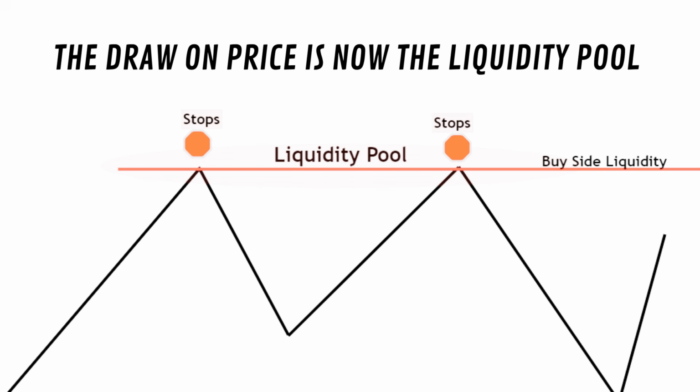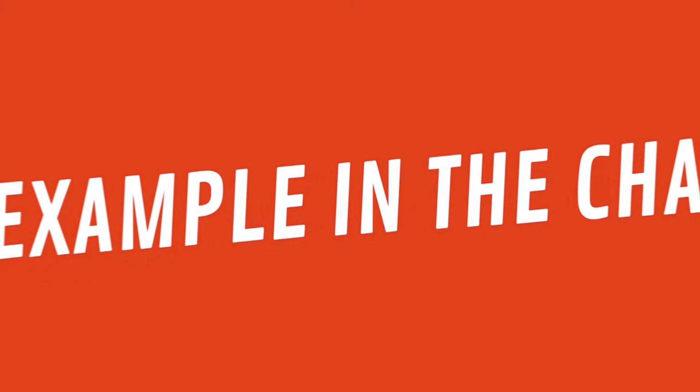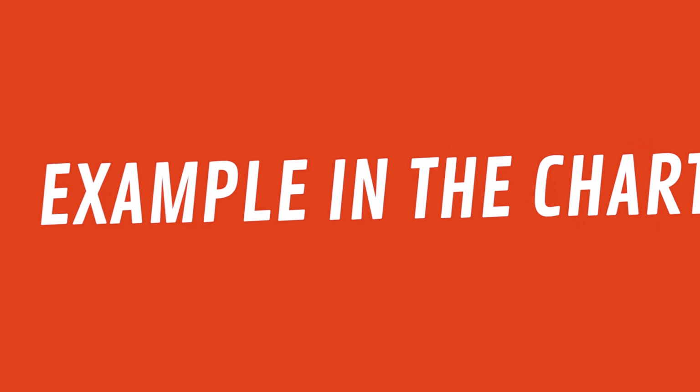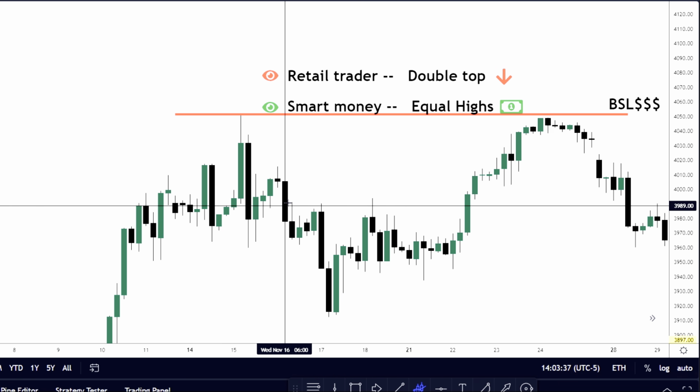So if you see two equal highs left behind and price starts heading back up, you know that's where the market is going, known as the draw on liquidity, because now those stops are going to be attacked. And as you'll see, it will break through. That's a run on buy side liquidity. So why don't we just jump into the charts, and I'll show you some examples and what I think about them, how powerful they actually are.